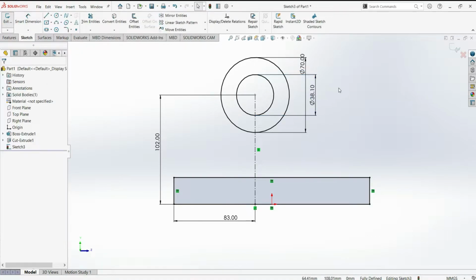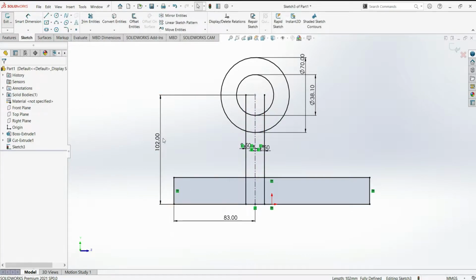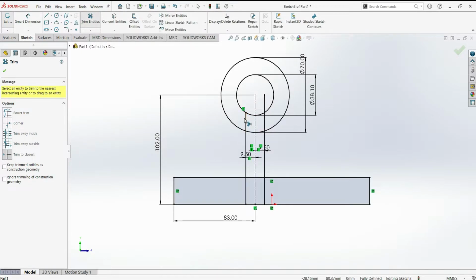Now let's escape. Again select offset entities, select this line, give a distance of 9.50 mm bidirectional and select OK. Now select trim entities and trim this unwanted portion.